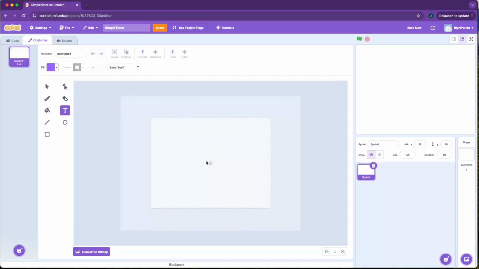So what we're going to do is grab the text, pick a spot for right now, pick the number, and then click here. You got your 20. There you go. Then we're going to right click and duplicate, click inside here and change the number. So then you have 19. It is a little tedious, but it's a cool way to get your timer done pretty quickly with minimal amount of code